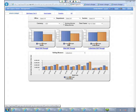As you can see from the chart below, we can look at these metrics by hours, by bills, collections, but you can see a trending of our actual versus budget. So for example, I can see that in 2012, in January, I was underperforming budget. In February, I was underperforming budget. But in March, I did better than budget. Or I could look at the previous year. We're looking at a rolling 12-month view. So I could look at 2011 and see we were actually performing under budget in January, February, March, April, May,